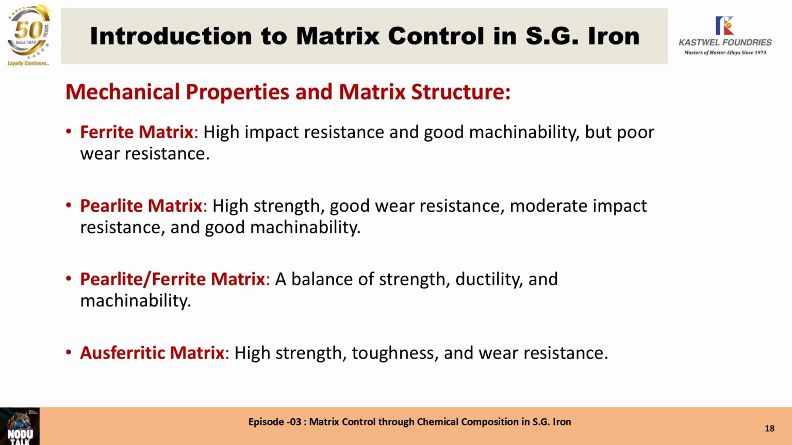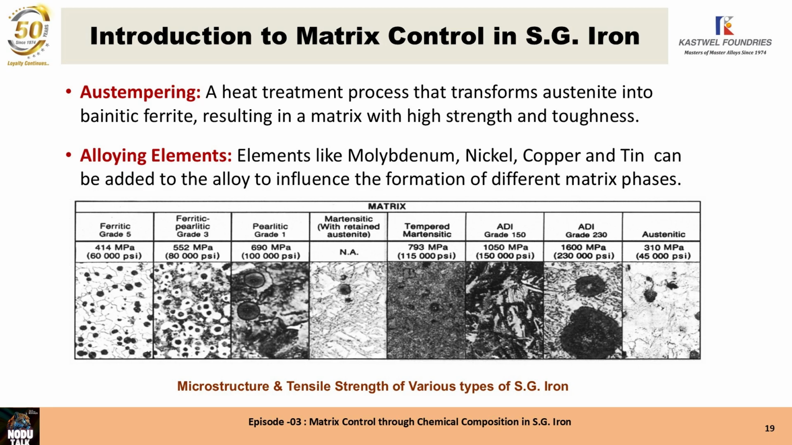Pearlite matrix has high strength, good wear resistance, moderate impact resistance, and good machinability. Pearlite-ferrite mixed matrix is a balance of strength, ductility, and machinability. Ferritic structure or the austempered structure consists of high strength, high toughness, and high wear resistance. The austempering heat treatment process transforms the austenite into acicular ferrite, resulting in a matrix with high strength and